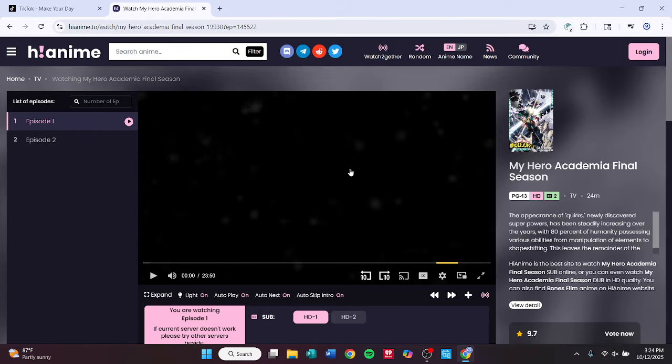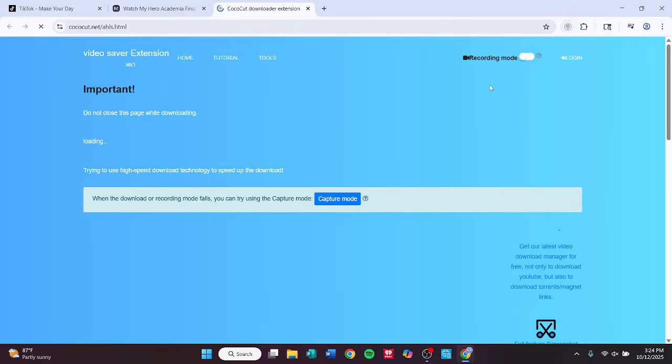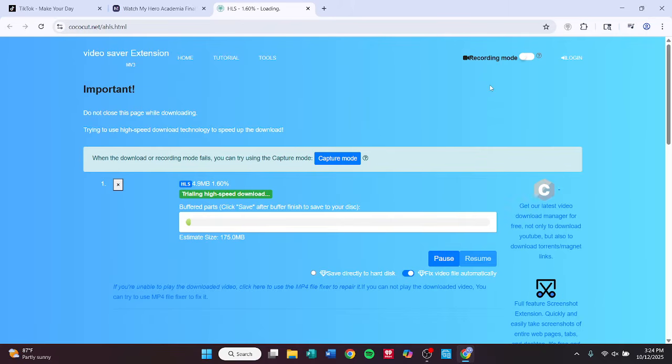Now once you get to here, you'll see up here it shows 2 next to the little icon. I don't think it matters which one you click on, but you click on this icon right here and it'll take you to this site. I suggest staying on this site, because if you don't, I've noticed there's like a 90% chance of success,